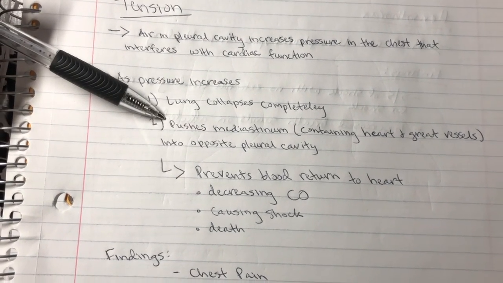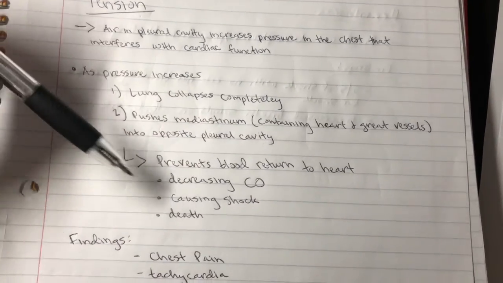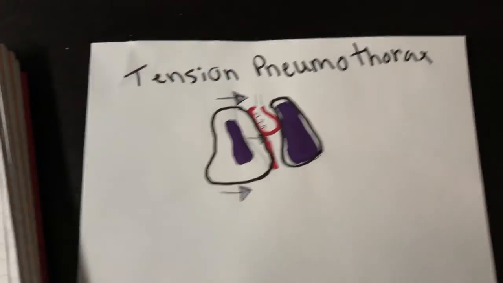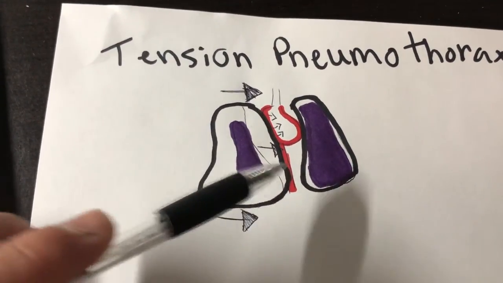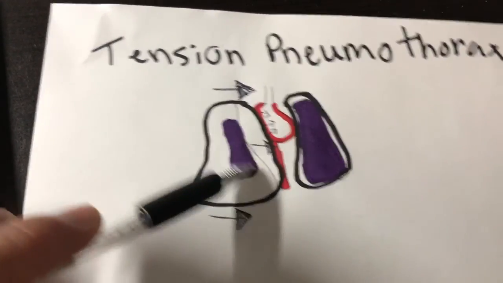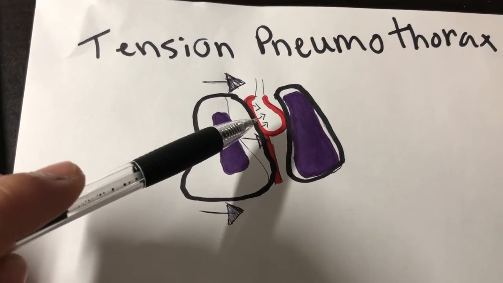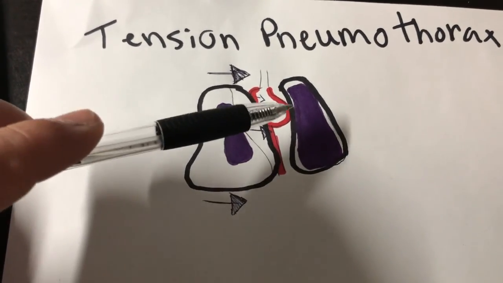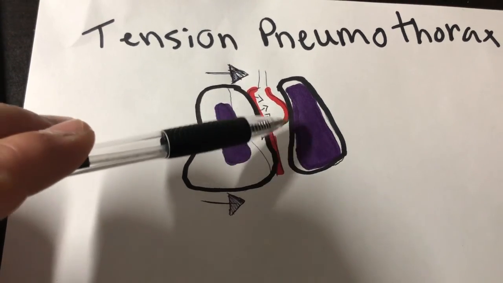It pushes on the mediastinum, which contains the heart, great vessels, the vena cavas, into the opposite pleural cavity. So let me bring that up here. So basically, as air increases, and this lung really, I should draw it over here, kind of messed it up, but this is over here, right? This is the pleural cavity. It's pushing on that, right? And so all this is pushing into this area over here,